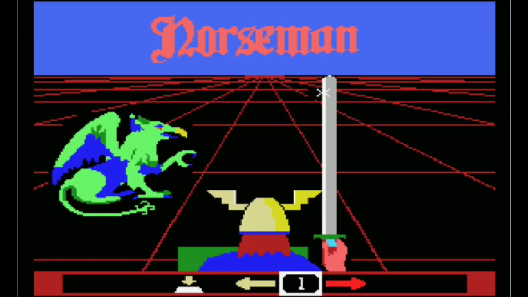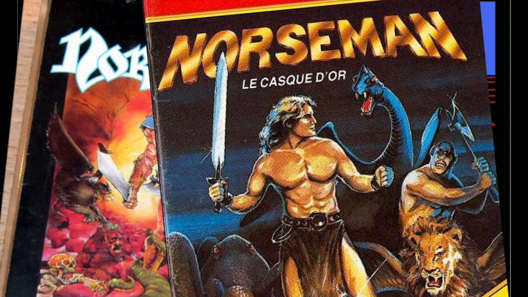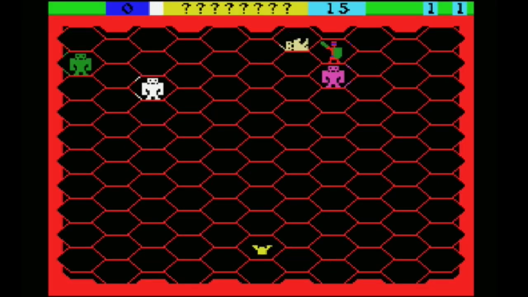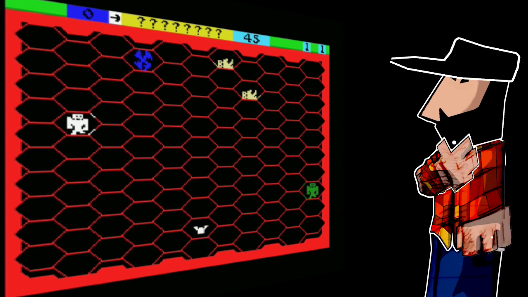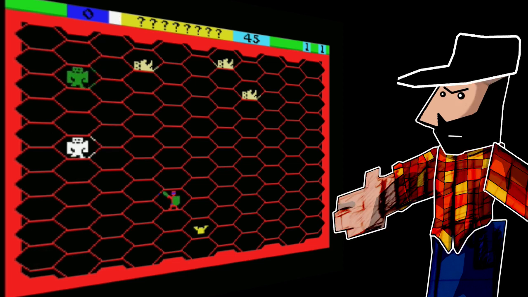The game puts you in the shoes of Viking dude, Norseman, I guess, fighting off monsters to protect a magic golden helmet. What the helmet does or what its magic is for, we don't know. My theory is that the helmet magically invokes and attracts monsters because that's all that seems to happen in the